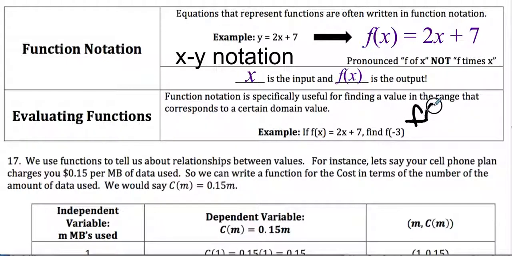So f of negative 3 is equal to, instead of 2 times x, we're going to write 2 times negative 3